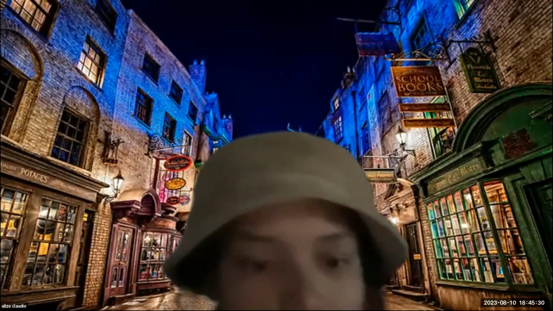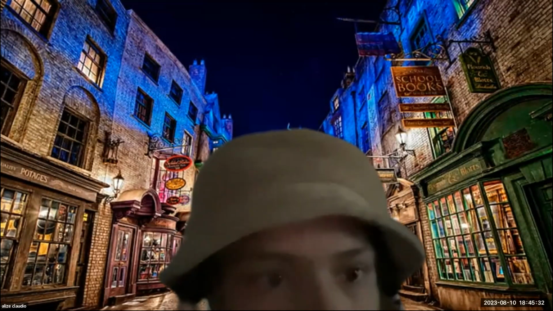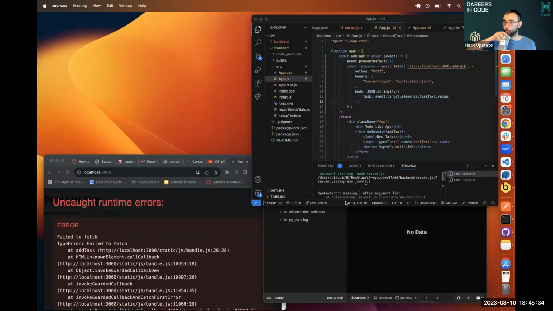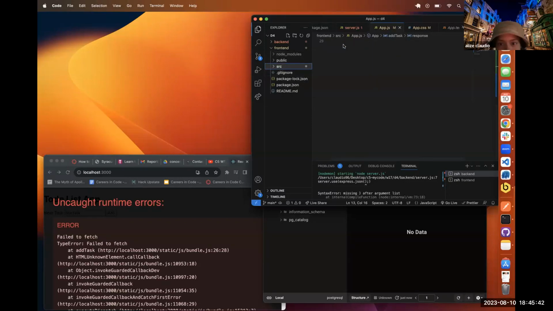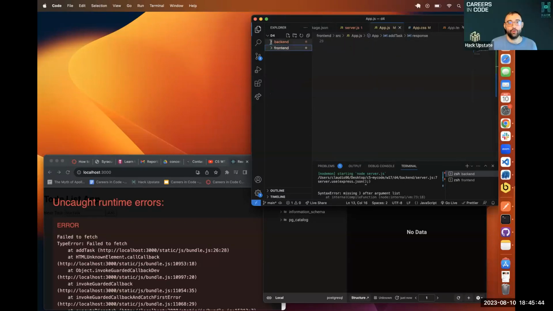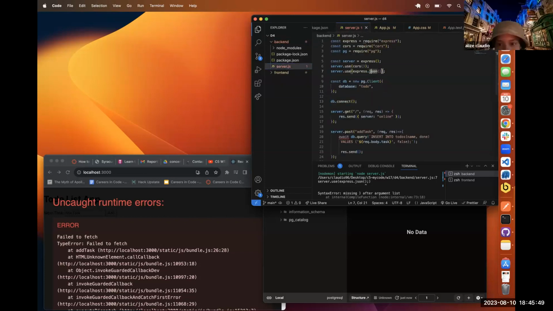Allie, you're up first. Okay, I'm going to share my screen first. But I'm looking over here and it says syntax error. I'm missing like a parentheses over here. So I came over here to look. Hold on, let me X this out. It is in your backend. And here, your, yep, that semicolon shouldn't